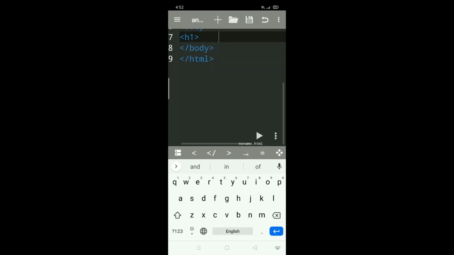Press this and next type formatting tags.